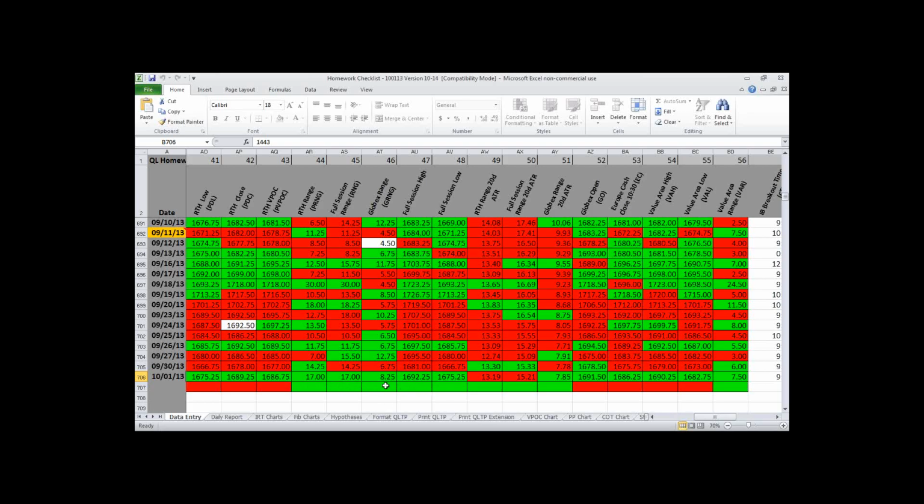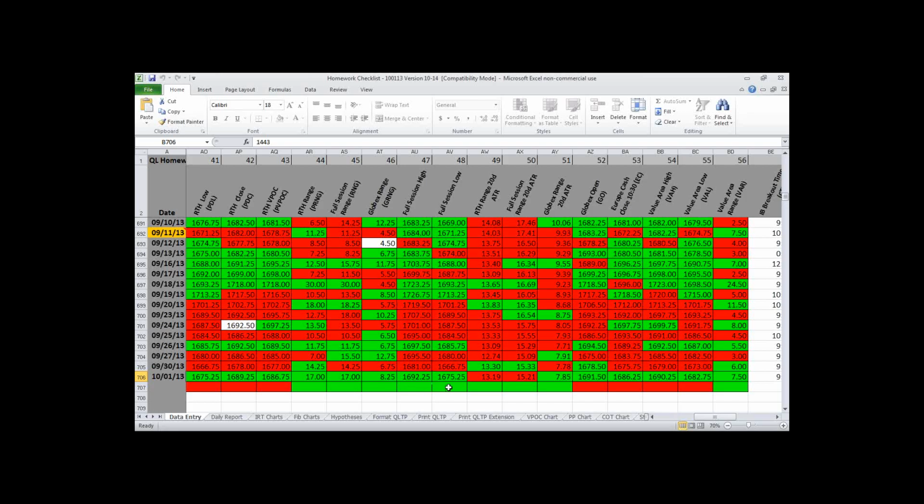And I talked about this yesterday. They're starting to make moves in the Globex, and that was one of the reasons I said that if you get an opportunity, you should be looking to trade in the Globex. That's one of the reasons why I got short last night on the open, especially with that strong move into the close and in the extended session. Our full session high, 1692.25, put in the RTH.